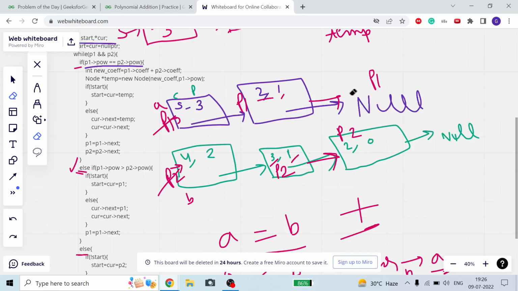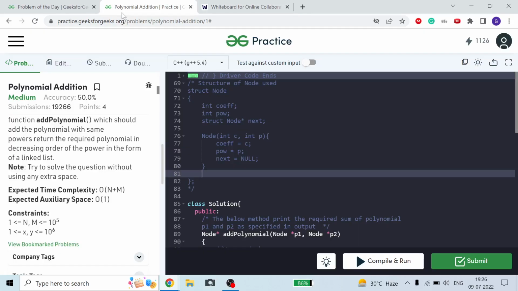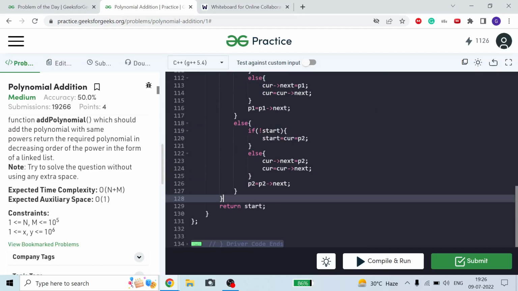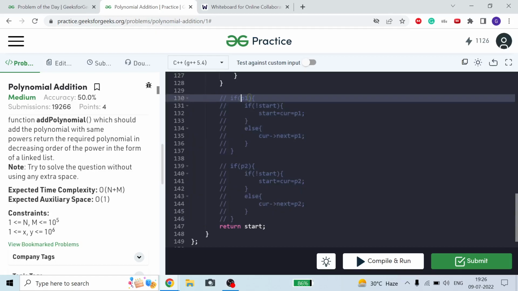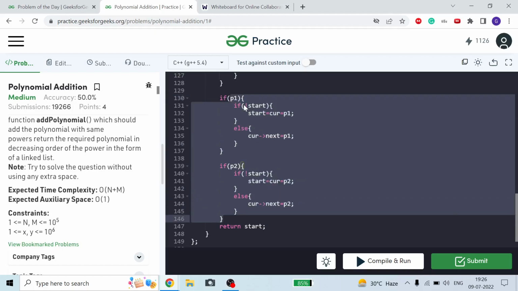Okay, so either it will contain it or it cannot contain a power of 2, as I read. So it will not contain it, because I write one more step here. If I can show you, yeah, you can see I write this code as well.